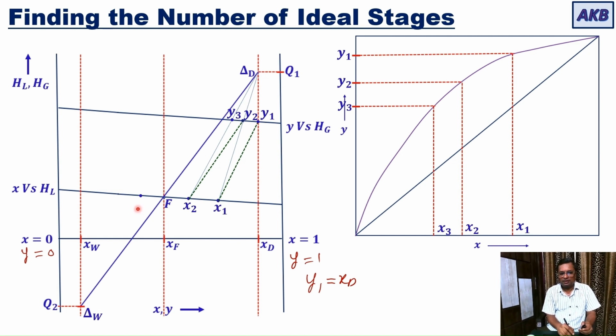So, while locating x3, you must have noticed that we have crossed the line that passes through F, delta W and delta T. So, once x3 is located and now x3 is on the left side of this line that passes through F, the construction line will not go to delta D, it will come to delta W. So, the construction line will be drawn like this through x3 to delta W